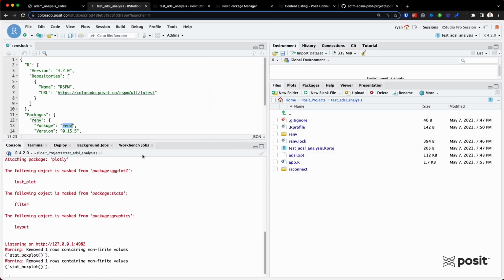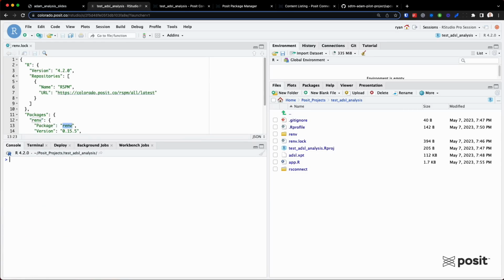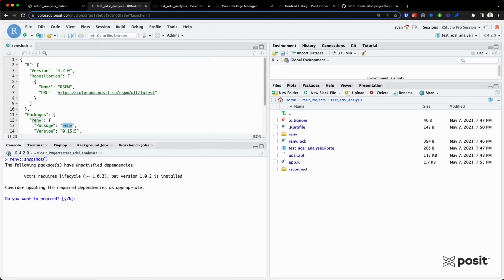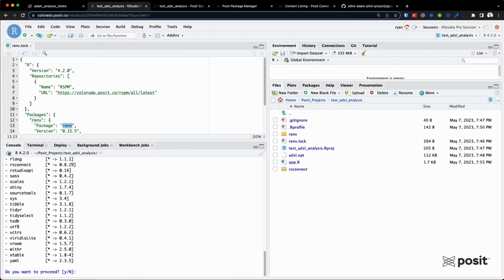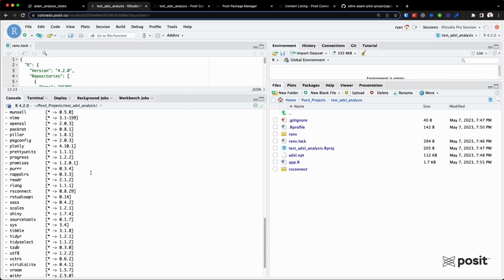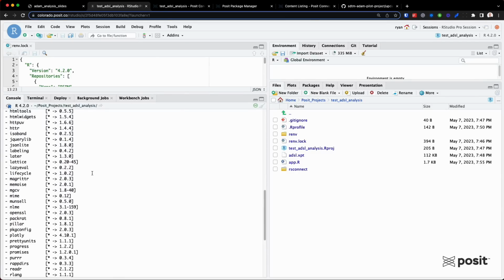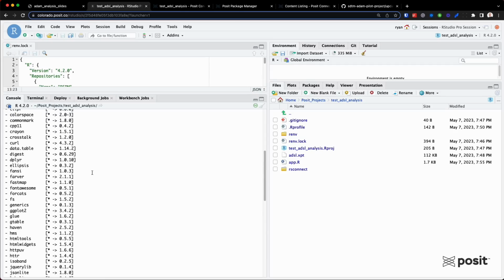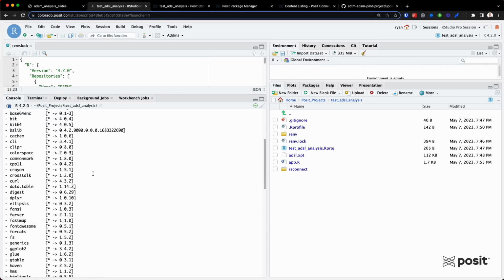To do this, I'm going to open up my console down here, clear my screen, and run the snapshot function from the renv package. We'll just ignore that message for right now, and we're going to see some text right here. I think one of the favorite parts about the renv package is that it'll actually inform us what will happen if we decide to proceed.